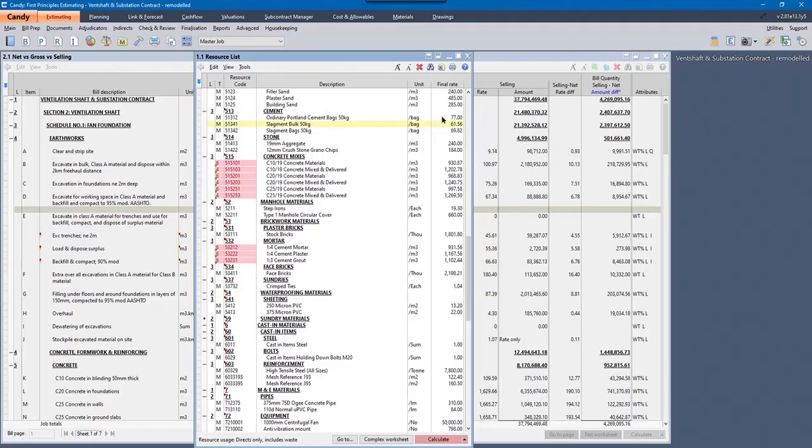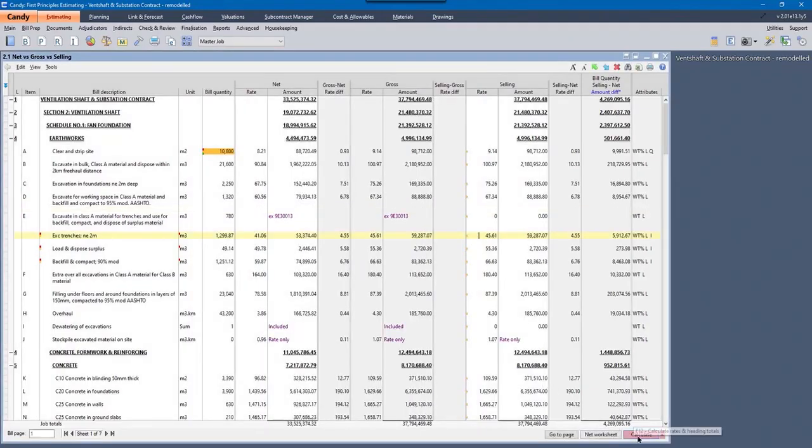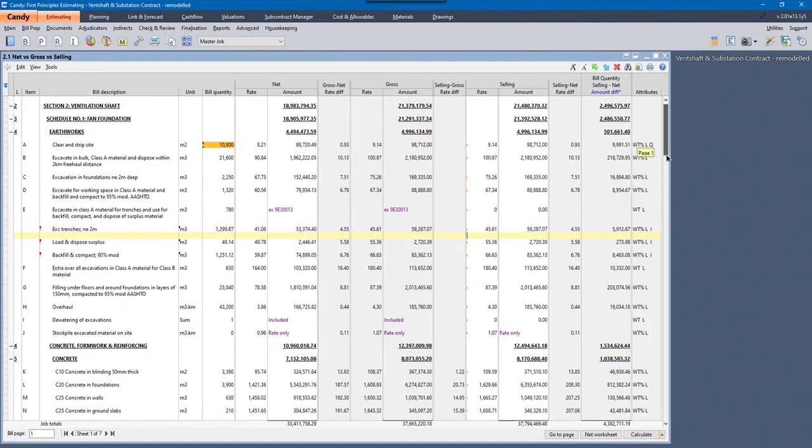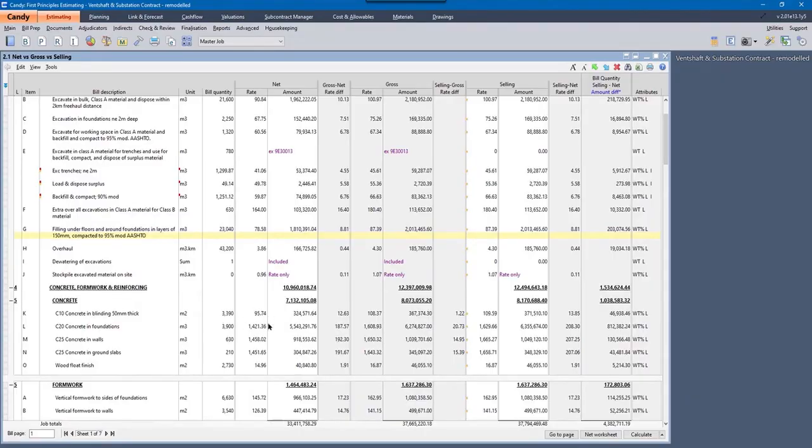So that will adjust all the bill items that have that resource in place. And if I go back to my bill and calculate, you'll start noticing the concrete items, their rates start changing because they've got cement in them. If I look at my gross rate, it's now slightly lower compared to my selling rate. That's the contractual rate, so that won't change. This gross rate, like I mentioned, becomes obsolete, and my net rate is my new allowable. So that's what we refer to as a resource betterment.